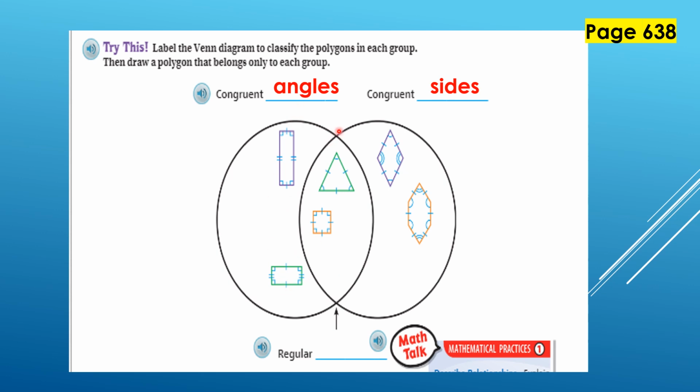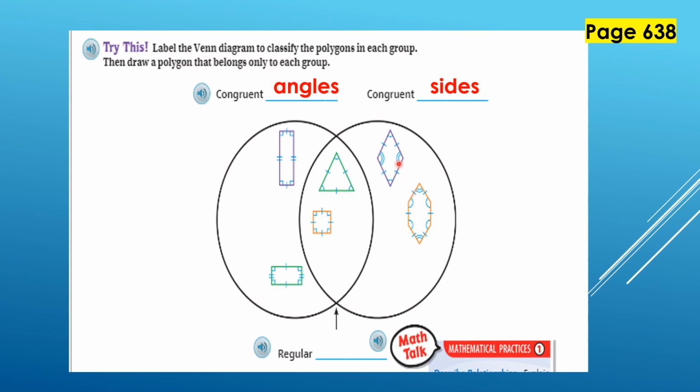Now what about the shapes in the middle? By the way, the shapes on the right side and the shapes on the left side are not regular polygons. They're not regular. Why? Because the sides here are equal, but the angles are not. And in these two shapes here, the sides are not equal, though the angles are equal, but still they're not